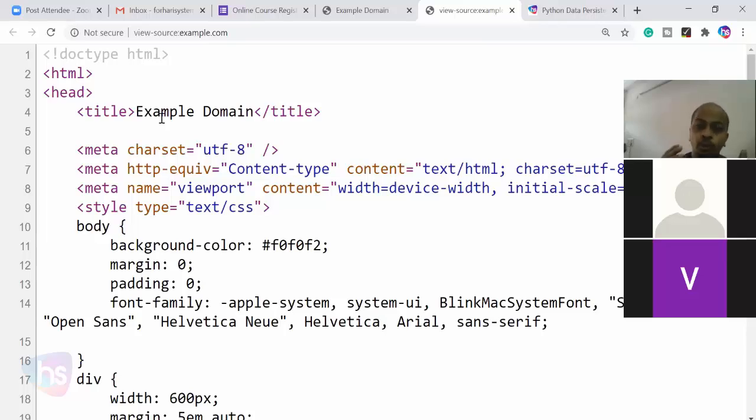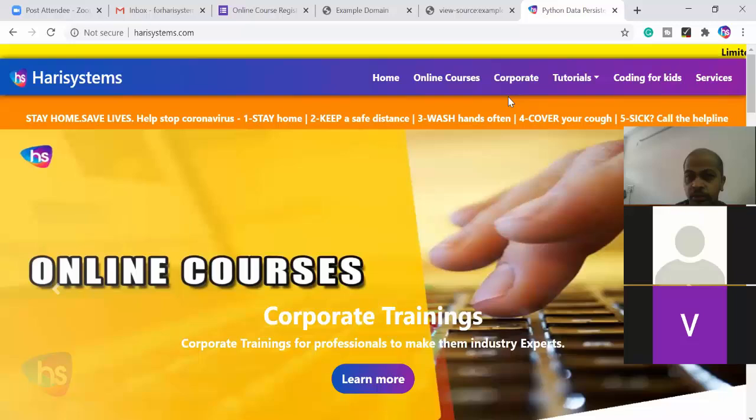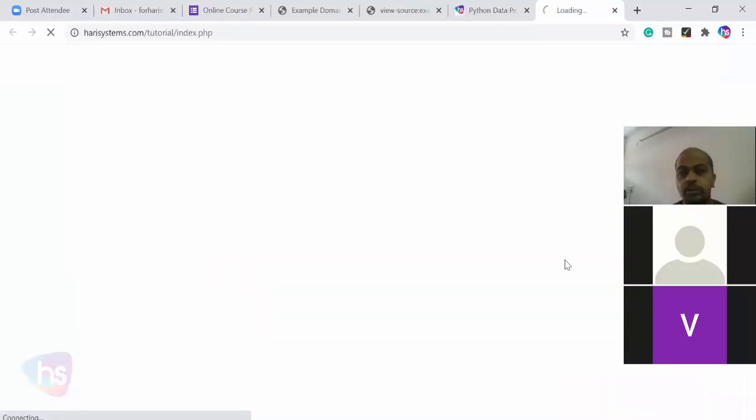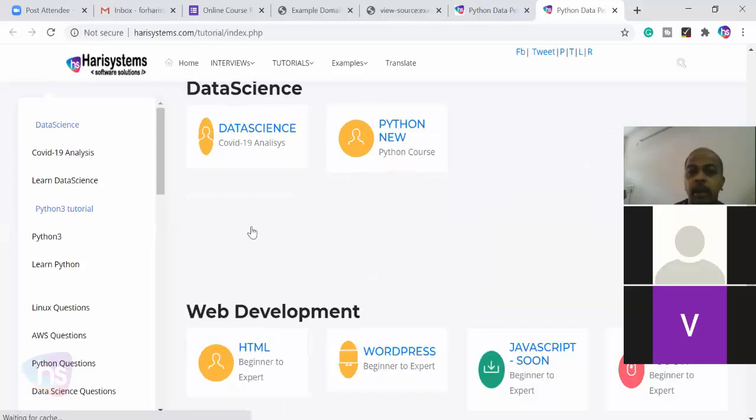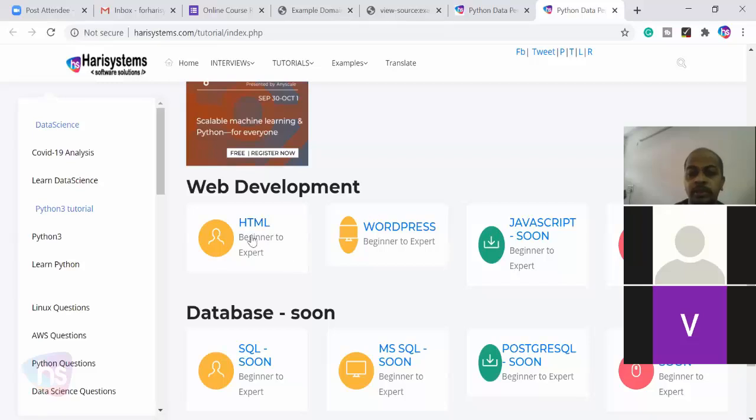Alright. For more tags, like head, what is title, what is meta, what is style, you will know all of it here. We have prepared a structured document very clearly so you can understand super easily. Go over here to the tutorials, go to All Tutorials. Here you will see an option called HTML, web development from beginner to expert.